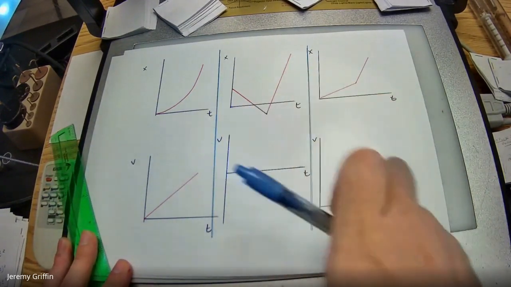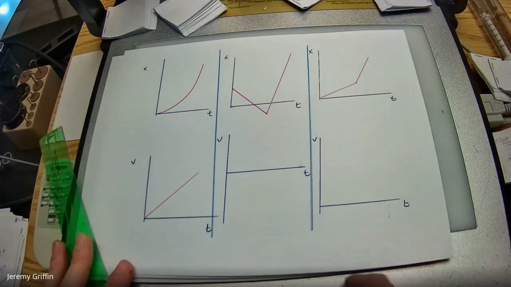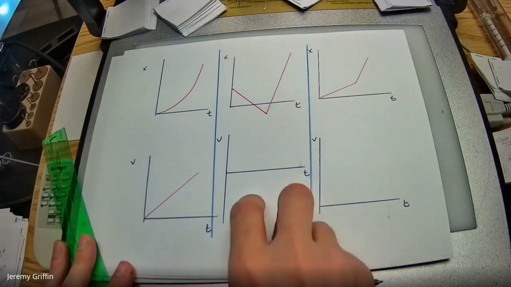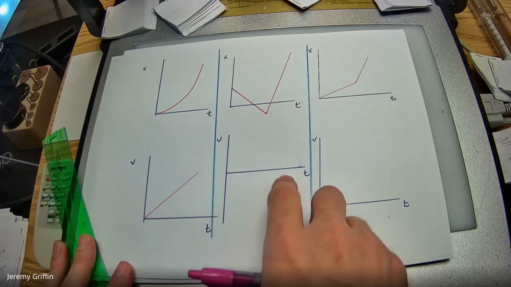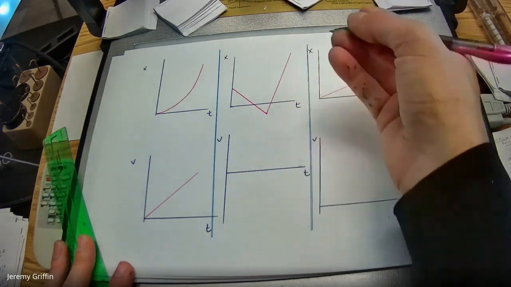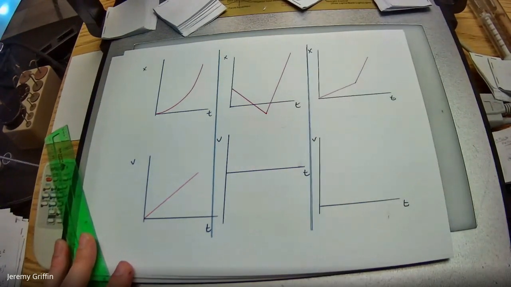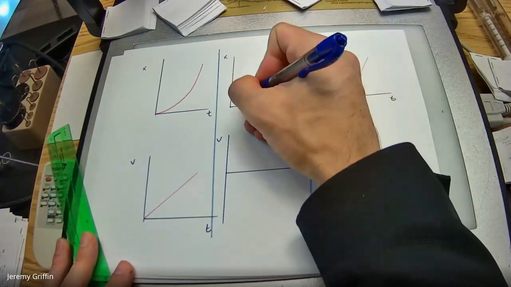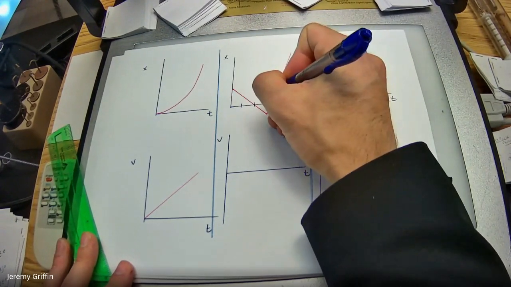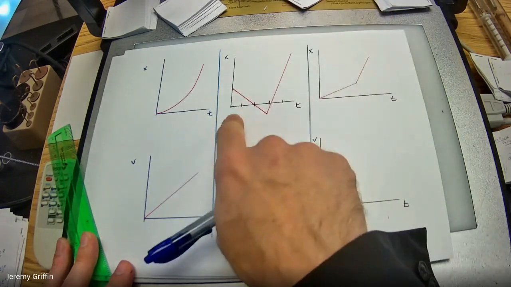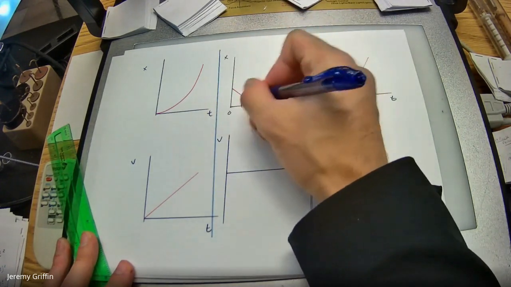Say I give you some position versus time to look like that. What would velocity versus time look like? There's a reason I made it a sideways t, because there's going to be negative velocities and positive velocities. Hopefully you guys see what's going on, but if you don't, let's throw some seconds on the board and see how this works out in terms of the seconds ticking by. So time's ticking by, here's time 0, tick, tick, tick.